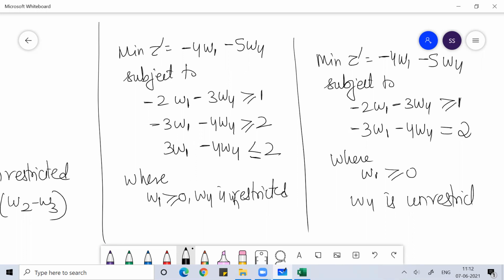So you can use any decision variable. I introduced W1, W2, W3. You can use M1, M2, M3, any symbols you can. I hope you're understanding. That is none of my concern. This is your final answer.